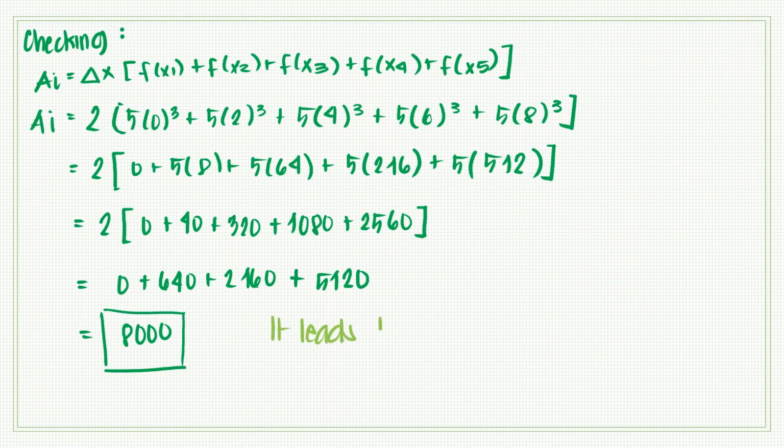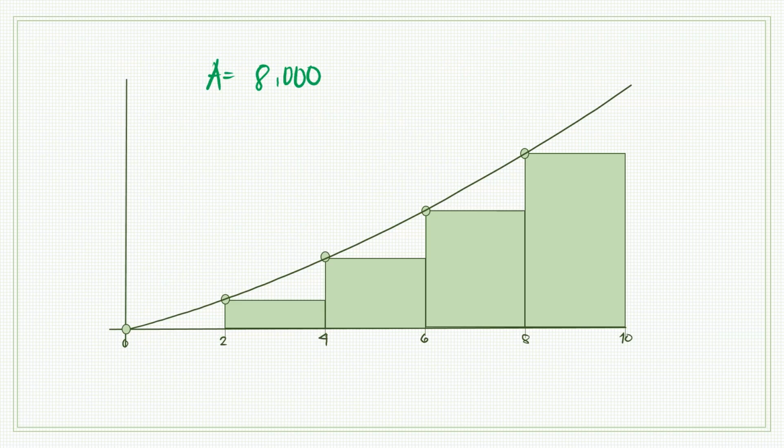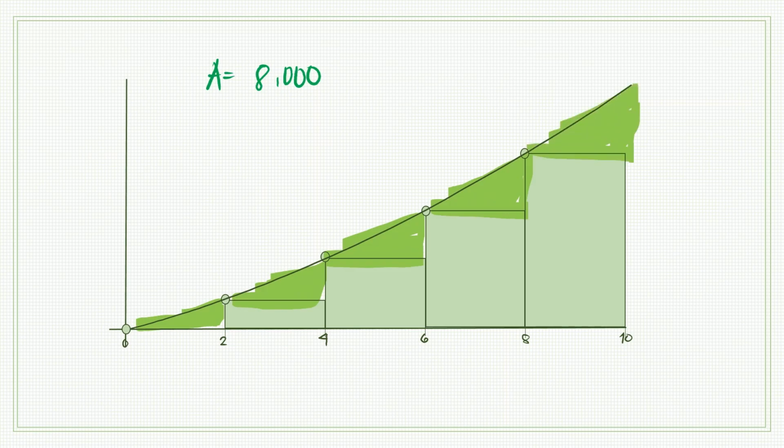As we can see, either the way of solving, it will lead to the same answer, which is 8000. But here, we can see that there are spaces above the rectangle, meaning the real answer is above or greater than 8000. If you want to get the actual answer of the area of the rectangles, we can use definite